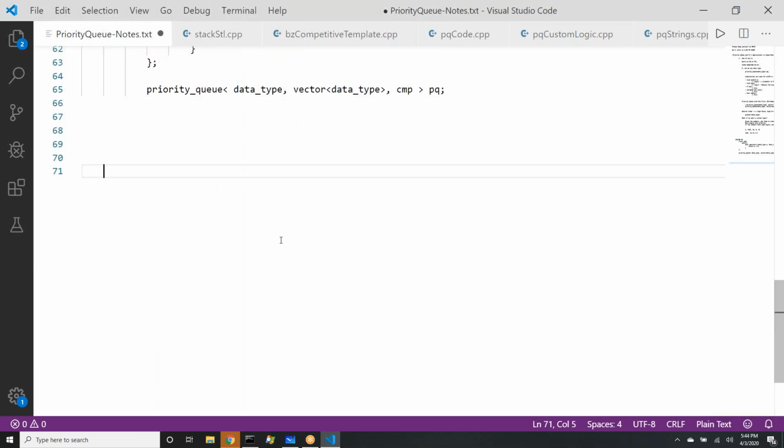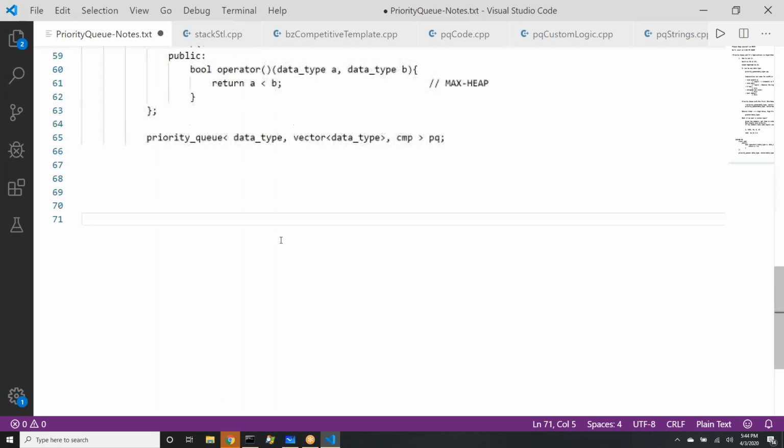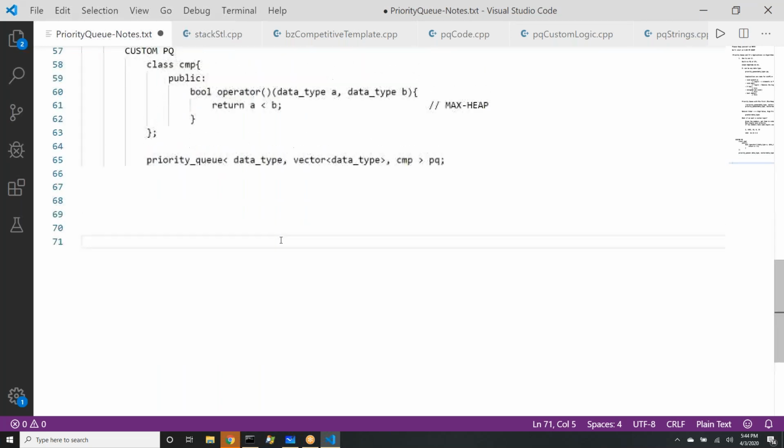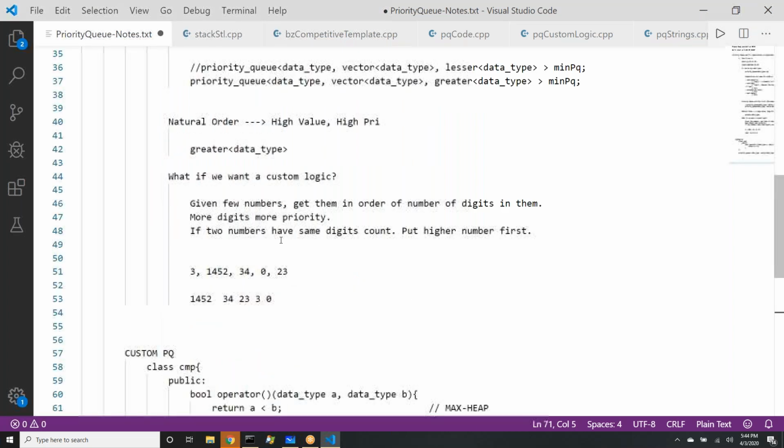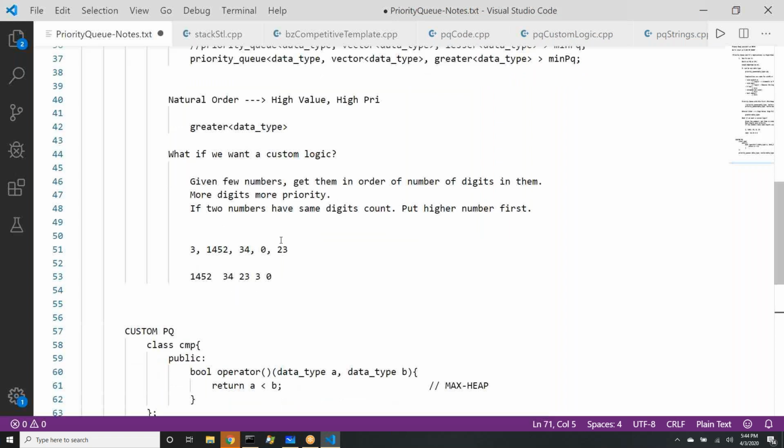Shaktik is asking a question. Can we use function instead of class? Yeah, Shaktik, there is one more way also where you can just define a function. Yeah, that is also possible. You just give a function and you can use that. But I prefer using the syntax define a class. But yeah, there are certainly easy ways also to do things.